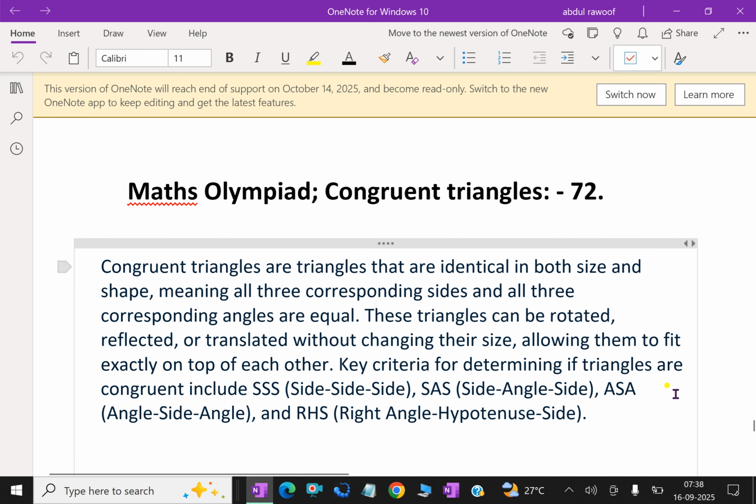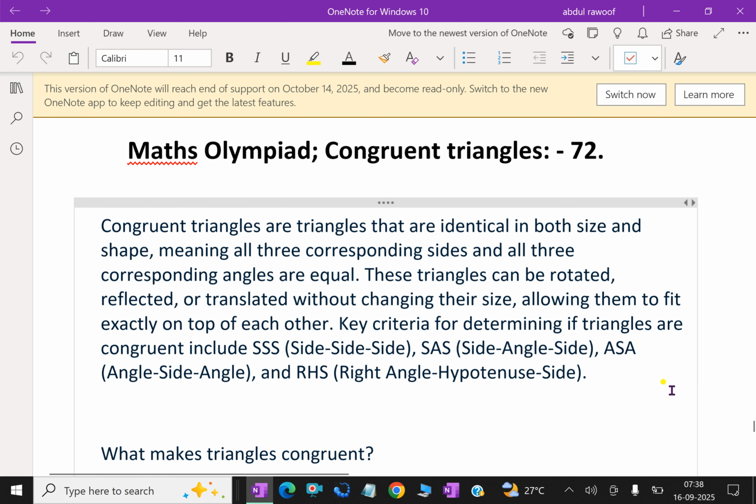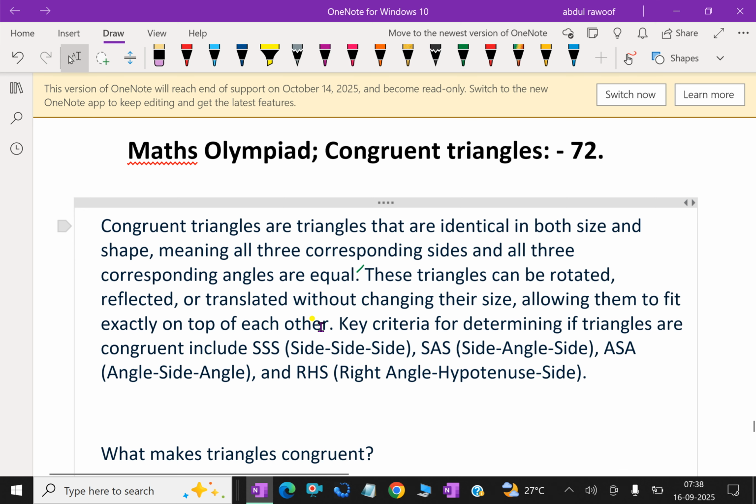Now we will discuss what congruent triangles are. Congruent triangles are triangles that are identical in both size and shape, meaning all three corresponding sides and all three corresponding angles are equal. That is, respective sides as well as respective angles are equal. These triangles can be rotated, reflected, or translated without changing their size, allowing them to fit exactly on top